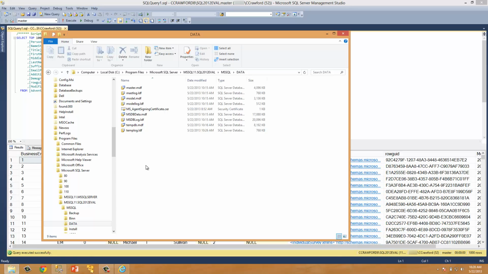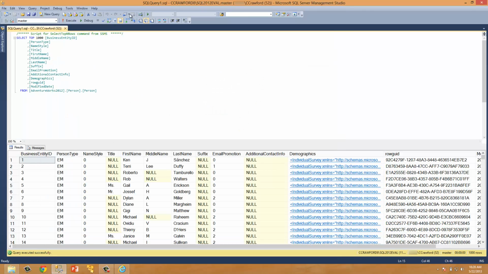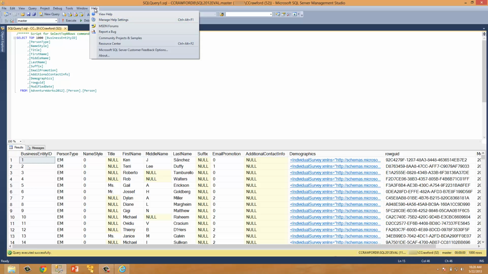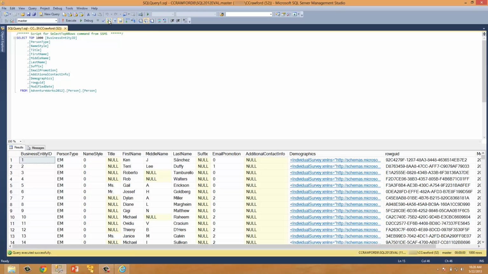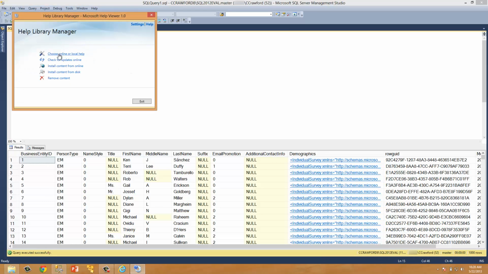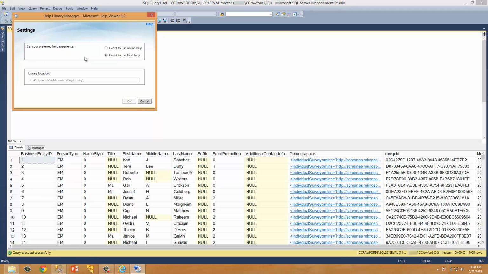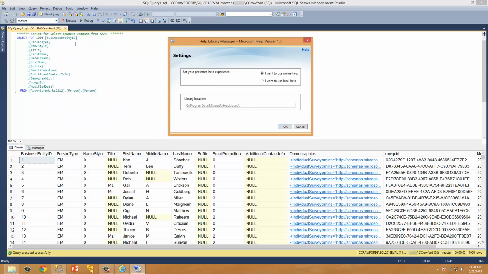Alright, our next step is to install the Books Online for SQL Server. If you go back to Management Studio, an easy way to take a look at your help information is to come to the Help drop-down and then click Manage Help Settings. This will pop up a window that will allow you to choose whether you want to use local or online help. If you select online help, then whenever you highlight something and hit F1 or try to look at help